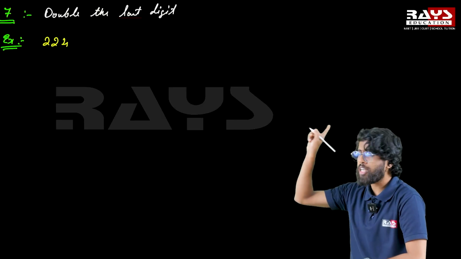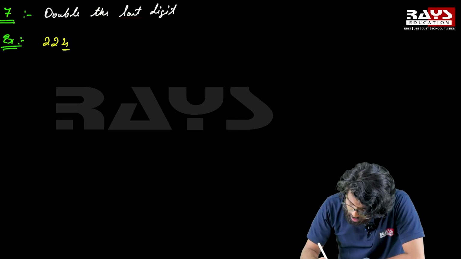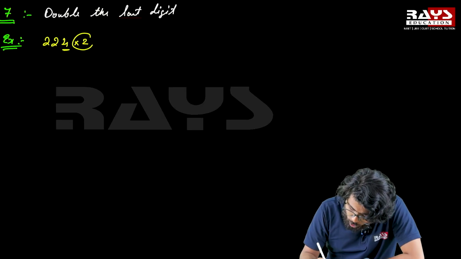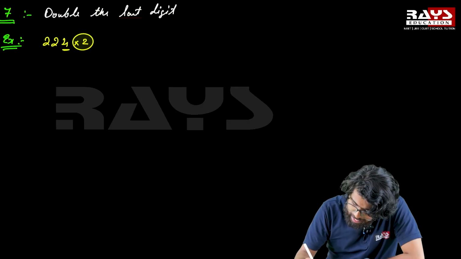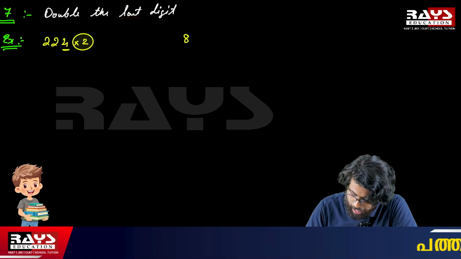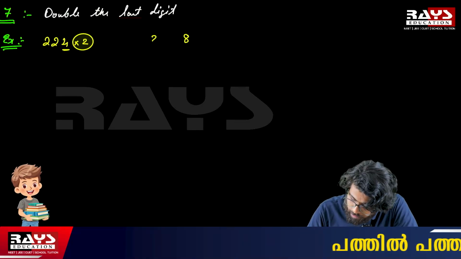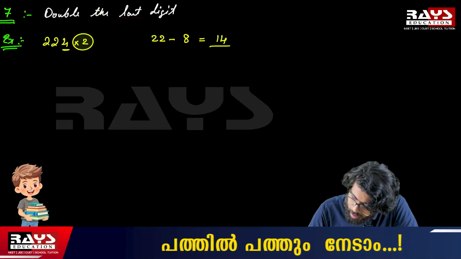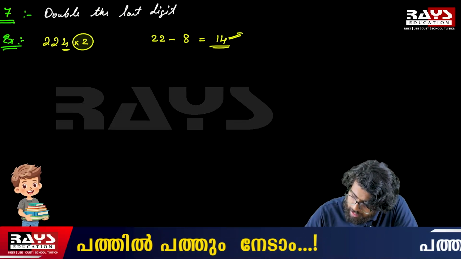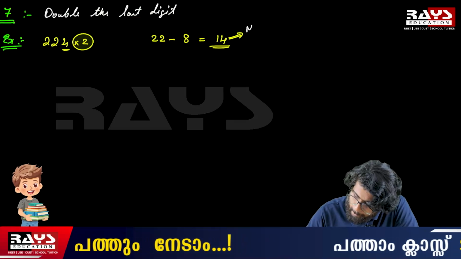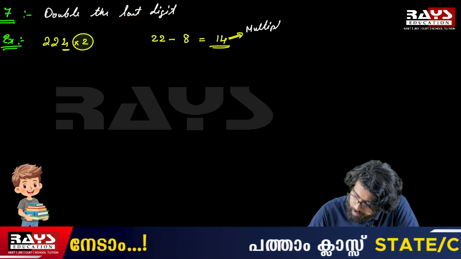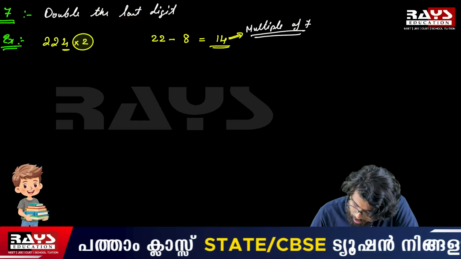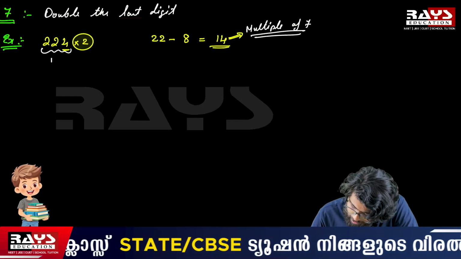Take out the last number, multiply it with 2, and we get 8, correct, and subtract from the rest. 22 minus 8 is nothing but 14, and we all know that 14 is a multiple of 7. Therefore we can say 224